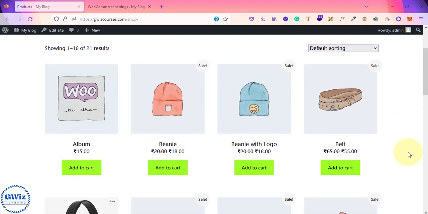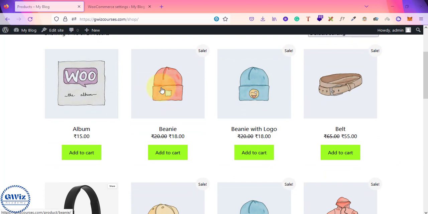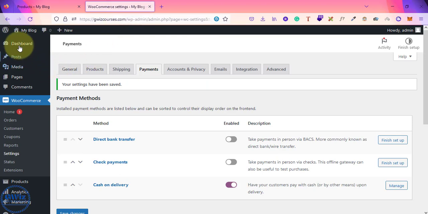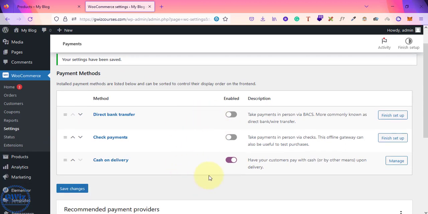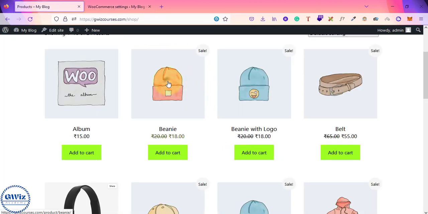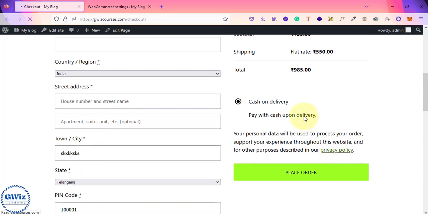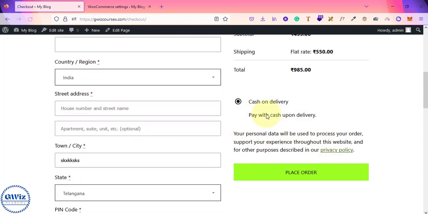So right now, we have just enabled cash on delivery, I guess. If you go to your dashboard, and under WooCommerce, open settings, and under settings, open payments, you will see these three options. I have toggled this button over here, in the sense, I have enabled this button. By default, it will be like this. I have enabled it so that you will be able to see the cash on delivery option in the checkout right now, right? You will be able to see cash on delivery as a payment option, pay with cash